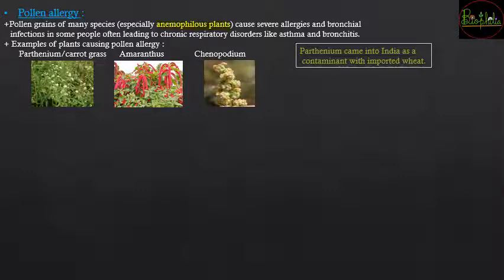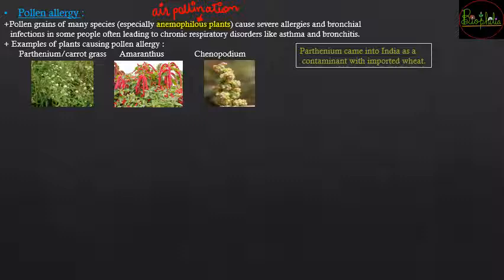Anemophilous plants किन्हें बोलते हैं? Plants that have air pollination. Okay, plants undergoing air pollination are going to be called as anemophilous plants. Now because of air pollination, plant is going to release pollen grains into the atmosphere, और जैसे ही ये plant